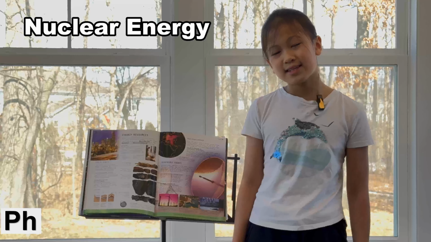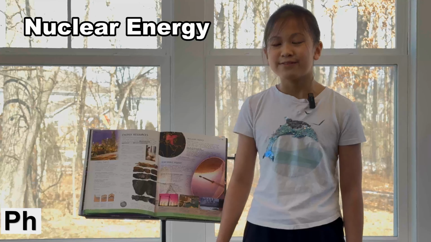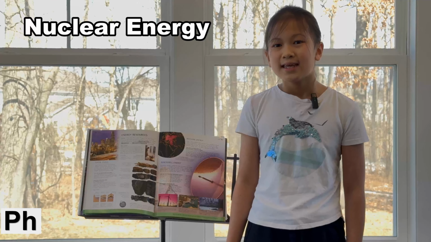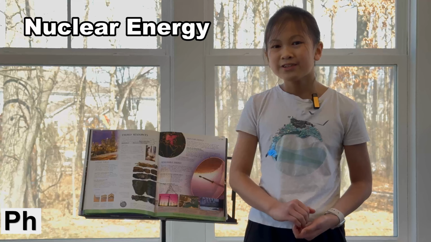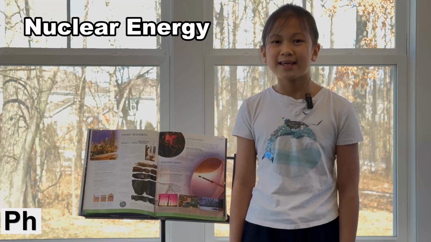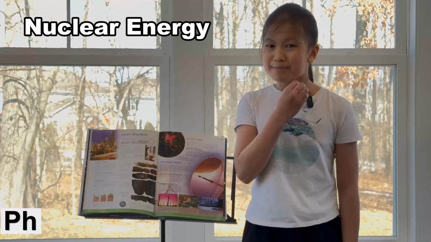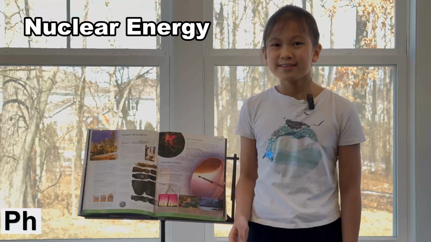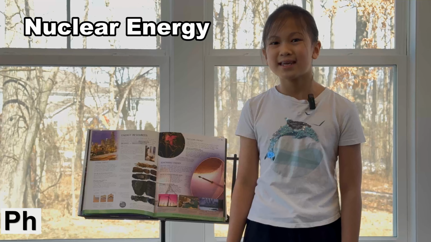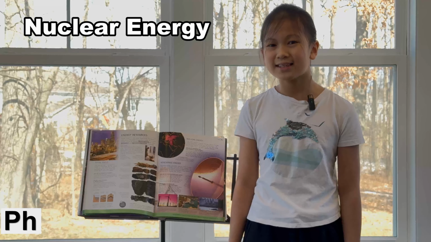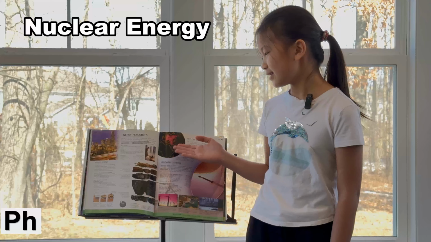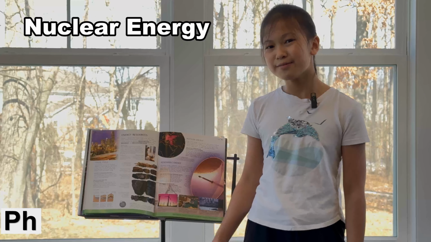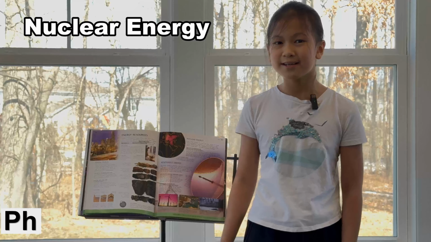But a disadvantage is that it's very hard to transport once dug up because it has a special type of substance called uranium. Uranium is a chemical that gives off radioactive waves, and these waves will cause humans and animals to be affected. In this picture, this is the Chernobyl disaster, and the Chernobyl disaster was in Russia.